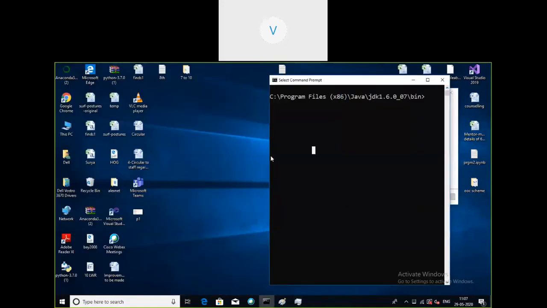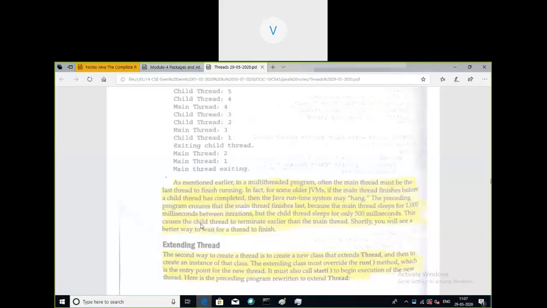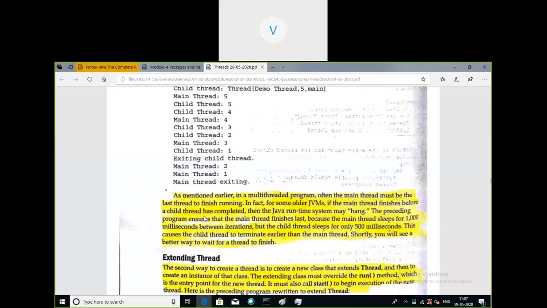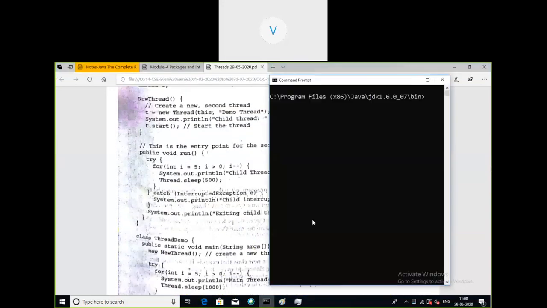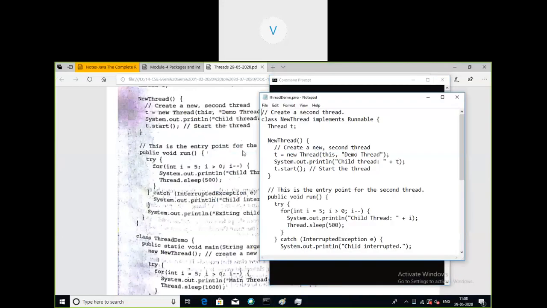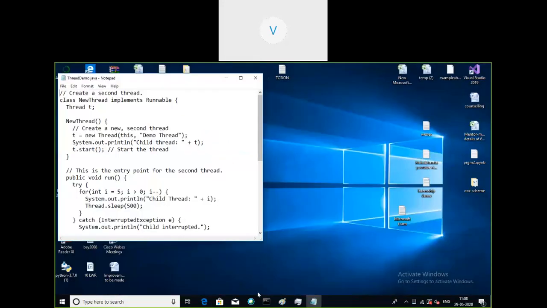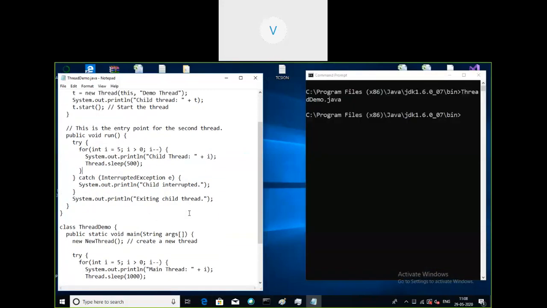Which program is that? ThreadDemo. I'll open that program also, ThreadDemo.java. I'll keep it beside here and the output part here, for understanding, I'll keep these things parallelly. Java ThreadDemo. I'll keep the output ready beside the program.